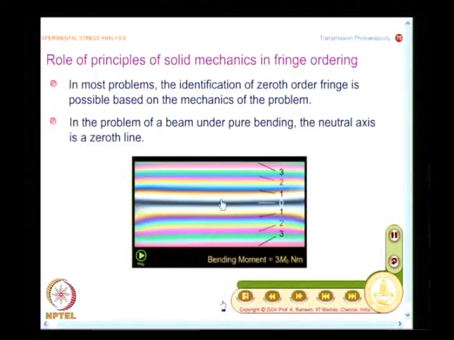And another question we have not raised all along, I said you have fringe orders only as positive integers in photoelasticity. Neither did you ask me how to find out whether it is a tension side or compression side by looking at the fringe order alone. We will see a methodology experimentally, but because it is a simple problem, if you know how you have applied the load, we have applied the load like this, it is bent like this. So, the top fiber is compression, bottom fiber is tension, that we know.